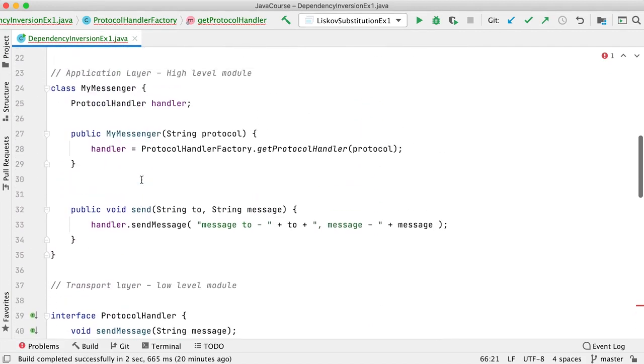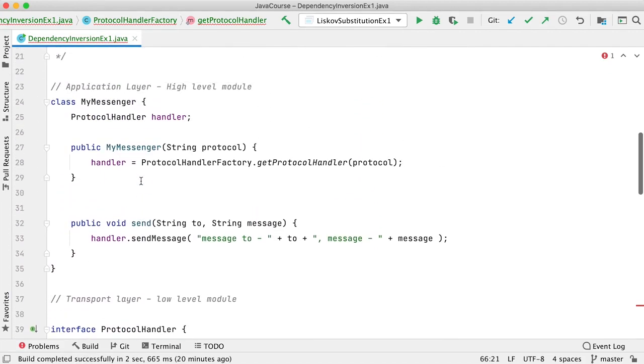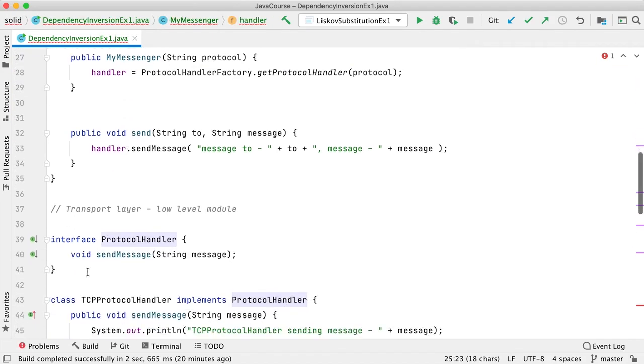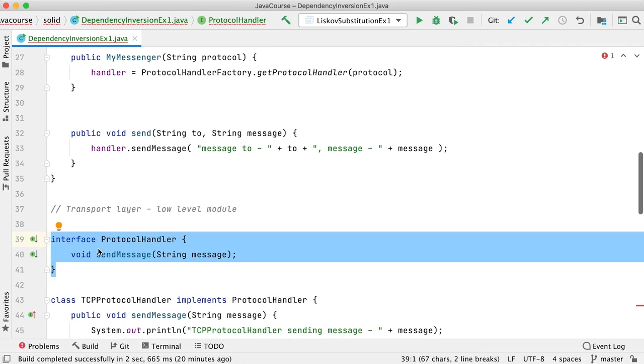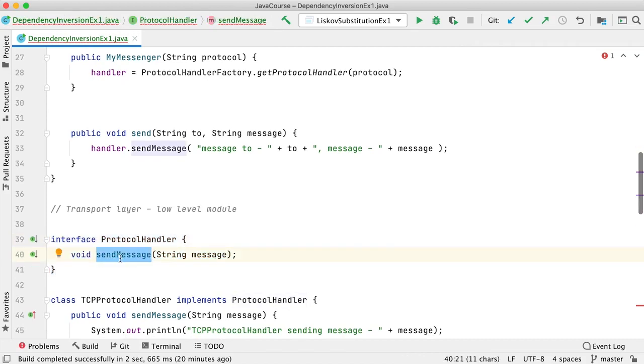The actual point that I want to cover is, in this case, my messenger is not directly dependent on TCP handler, or on UDP handler. It's dependent on this interface. This is an abstraction which says that there is something called protocol handler which is capable of sending a message.